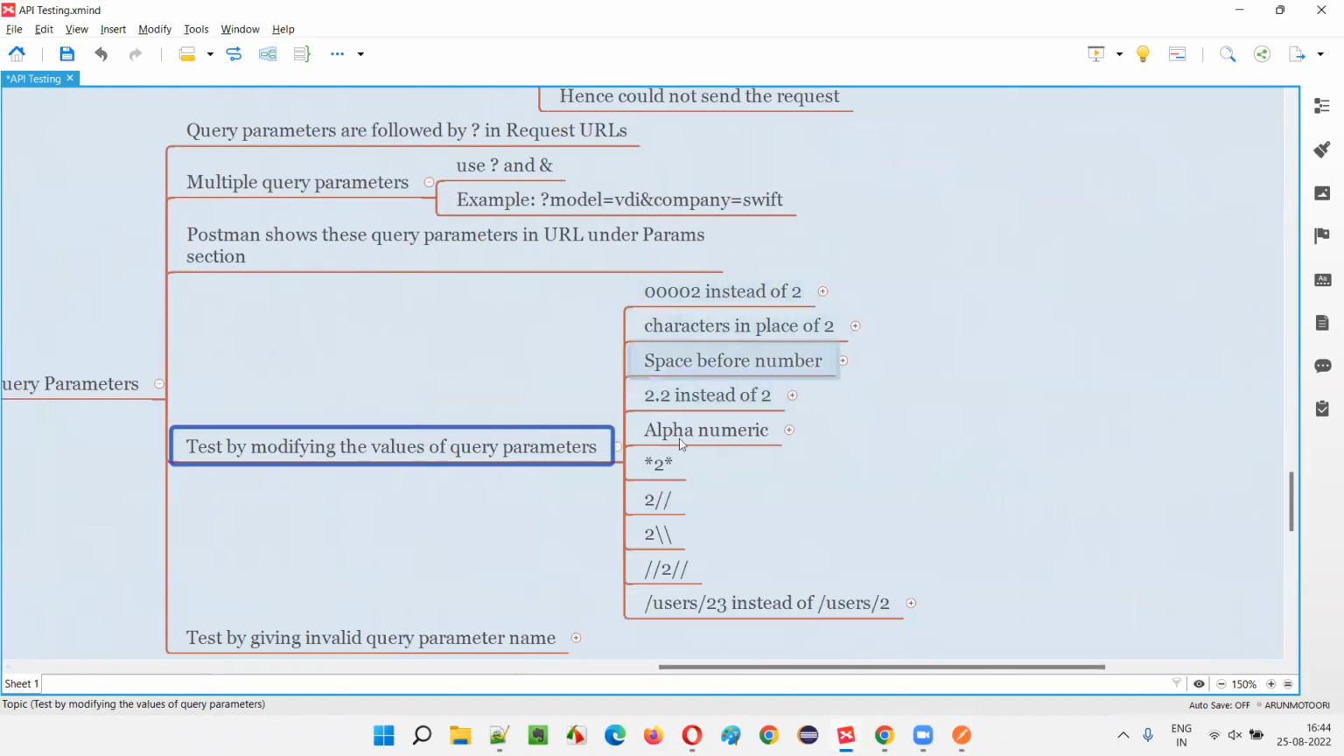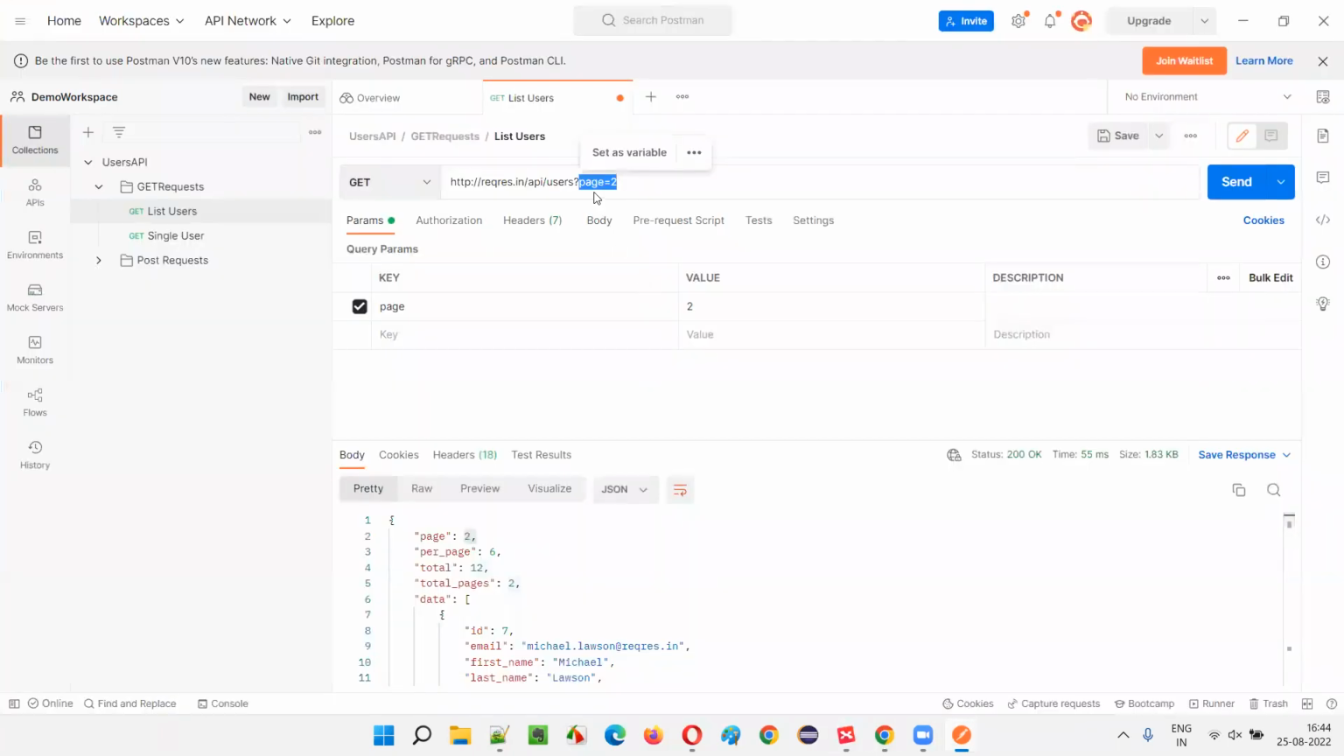But let's create some test cases and see how things change. For example, here only one query parameter is there: page is equal to 2. If I click on Send, it is working fine. I'm getting a 200 OK status code, and also a proper response. But now I'll test this query parameter. I'll alter it and try different combinations to see how this API request is